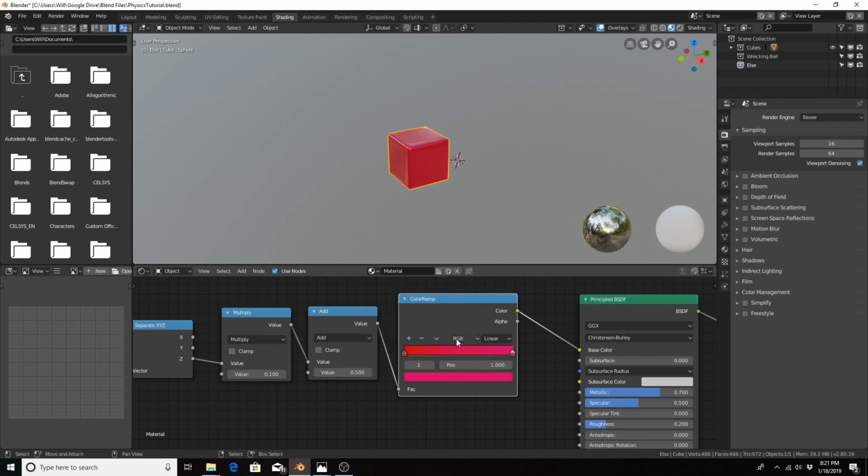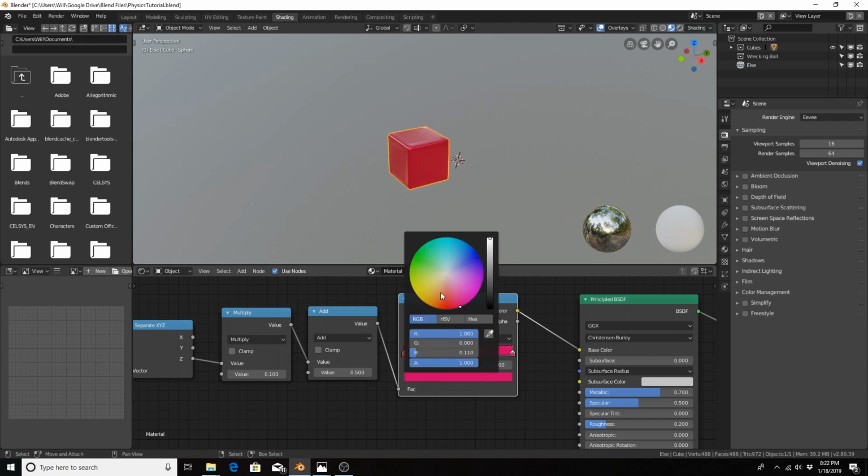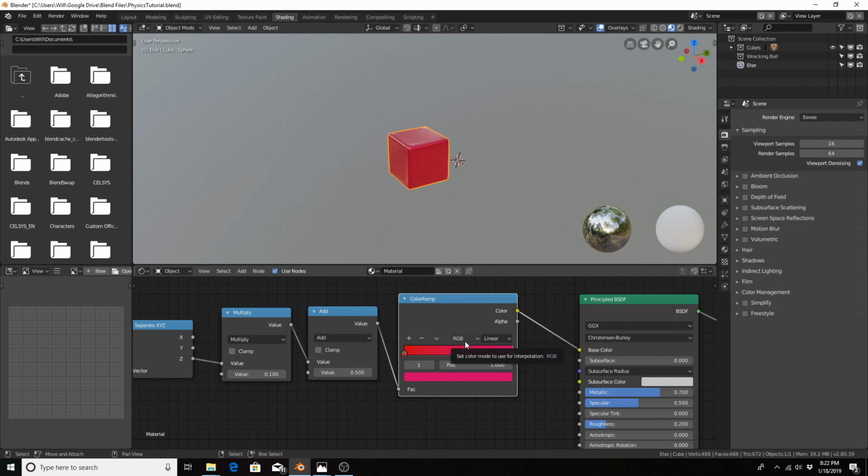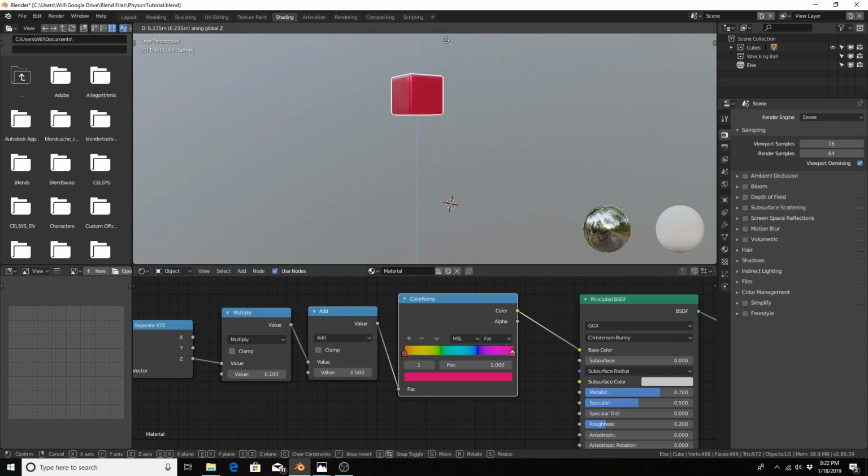Because the idea is that it's going to select values all the way around the edge, go around. To do that, we're going to change it from RGB to HSL. And then change it from near to far. And now we see we have along the spectrum a variety of colors. Now if we were to take this cube and move it up and down, hit G Z, we see, depending on the Z value,